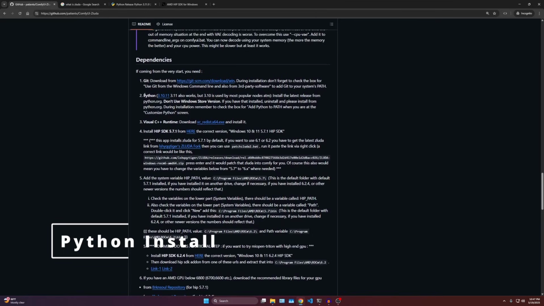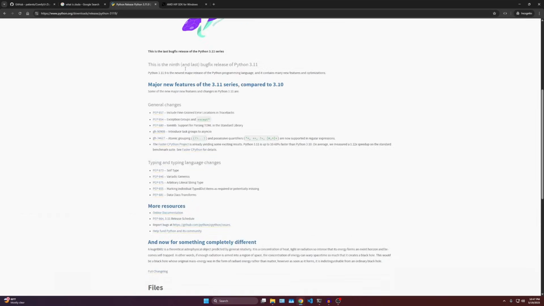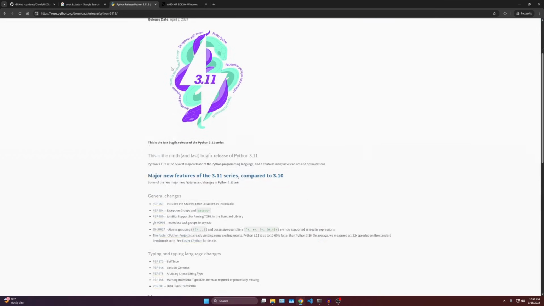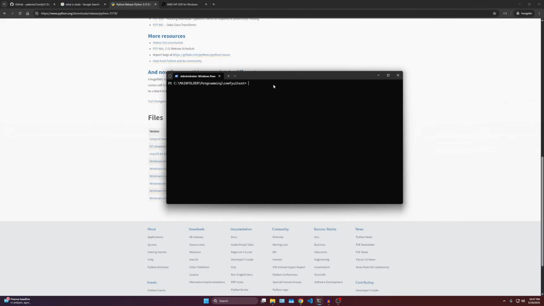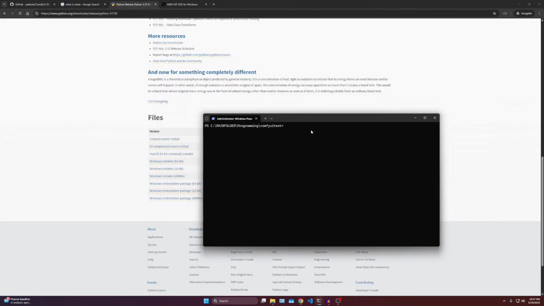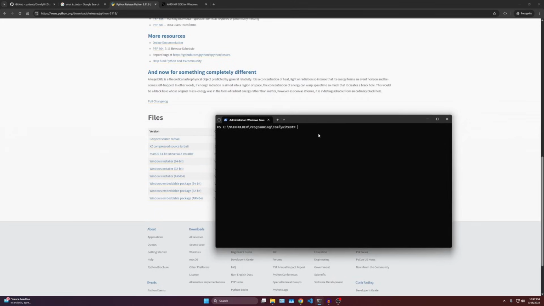So as you can see over here, the README recommends to use Python 3.10.11, but I use 3.11.9 and I had no issues yet. So if you would like to go with the actual documentation, use this version, or you can just follow along and use this version. So I'm gonna download 3.11.9 using the Windows installer. Also, to avoid any issues, make sure you're running the actual version of Python that you have. You might have different versions of Python. So to test that out, just do python --version in your terminal, and you'll see that this is the